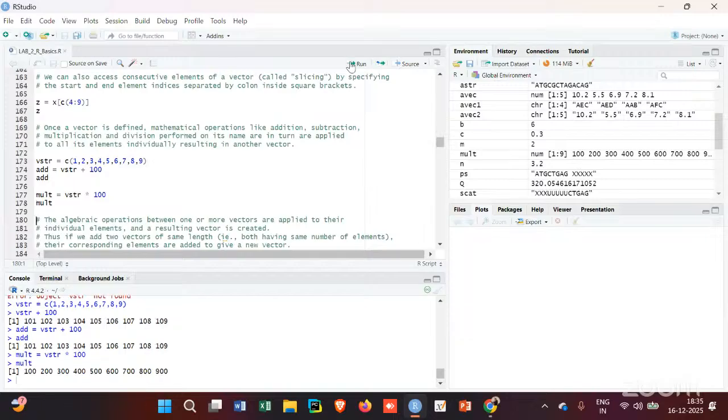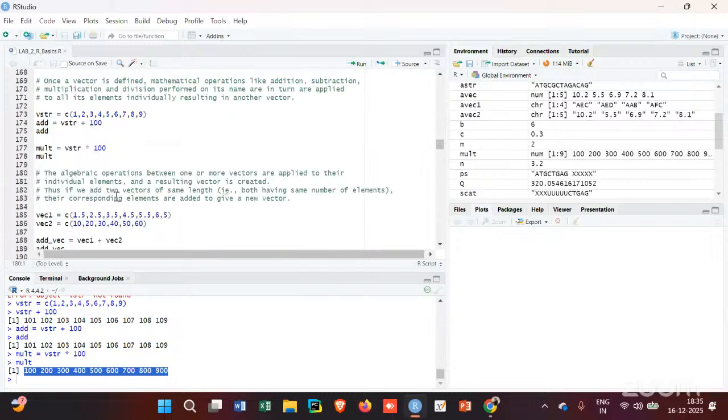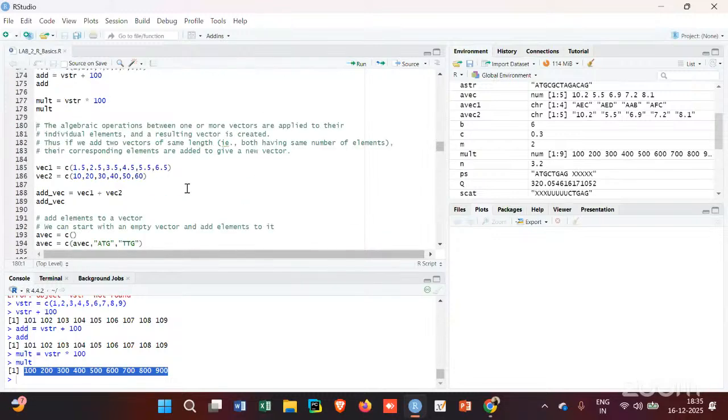All I have to do is this, and you can see that I have another vector here by the name of mult, which has these numbers multiplied by 100. Okay. So again, pretty cool stuff here, right? Okay, so moving on, the algebraic operations between one or more vectors are applied to their individual elements, and a